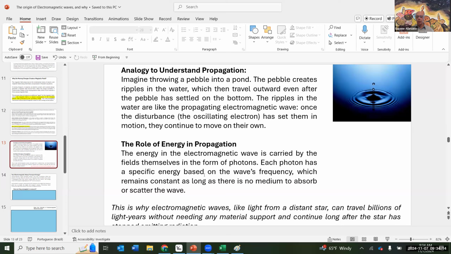The electric charge has generated the electromagnetic wave, and then it can travel through vacuum. It doesn't require the electric charge to keep moving along with it, and I find that difficult to understand, because